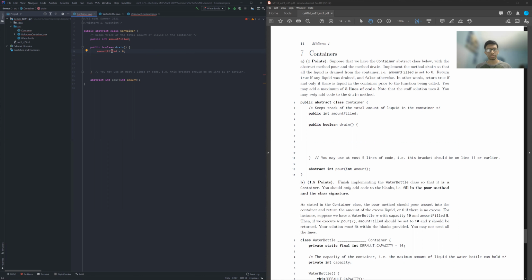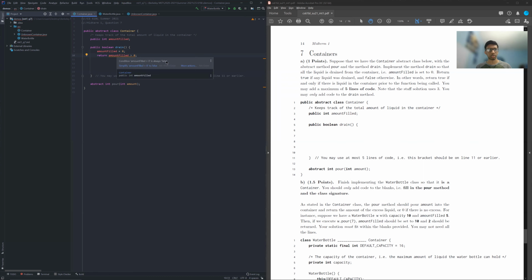But that doesn't look to be enough. IntelliJ picks up on it with the red squiggly line, but we have a Boolean return type of this method in the signature. And more importantly, we're told to return true if there's any liquid drained and false otherwise. Okay, well, that looks pretty simple. I guess I can just go ahead and return whether or not there's any liquid drained. So the way that we would know how much is in the container more accurately would be returning amount filled is greater than 0. Because if it's greater than 0, there was liquid. If it's equal to 0, then there isn't liquid. So that determines our true and false.